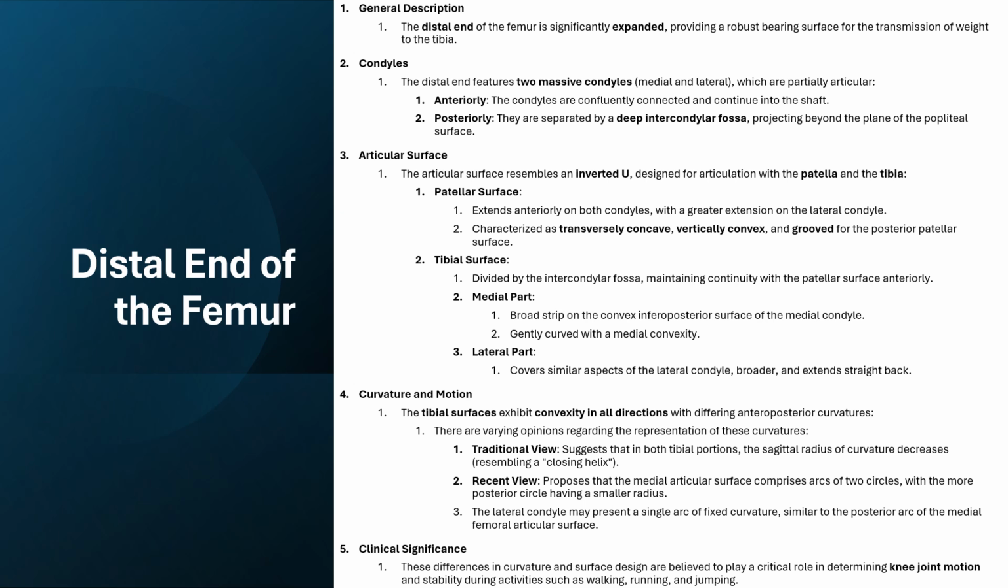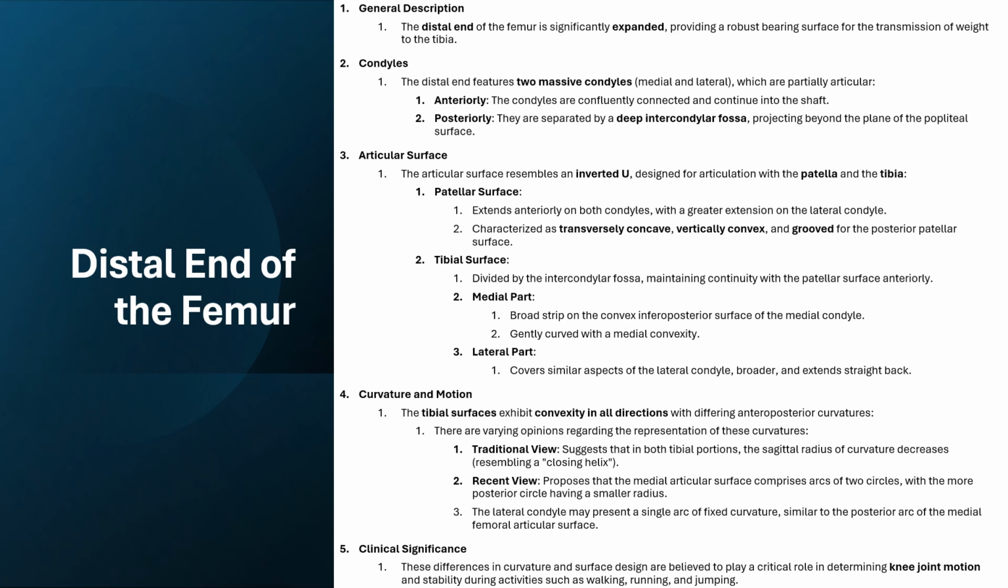There are varying opinions regarding the representation of these curvatures. The traditional view suggests that in both the tibial portion the sagittal radius of curvature decreases. The tradition proposed that the medial articular surfaces comprise arcs of two circles, with the more posterior circle having a smaller radius. The lateral condyles may present a single arc of fixed curvature, similar to the posterior arc of the medial femoral